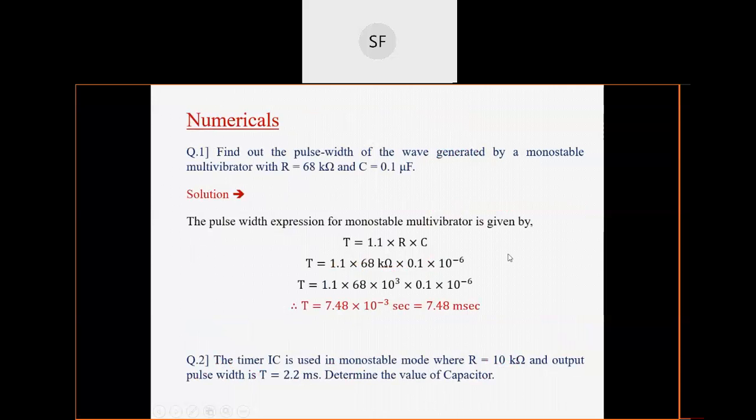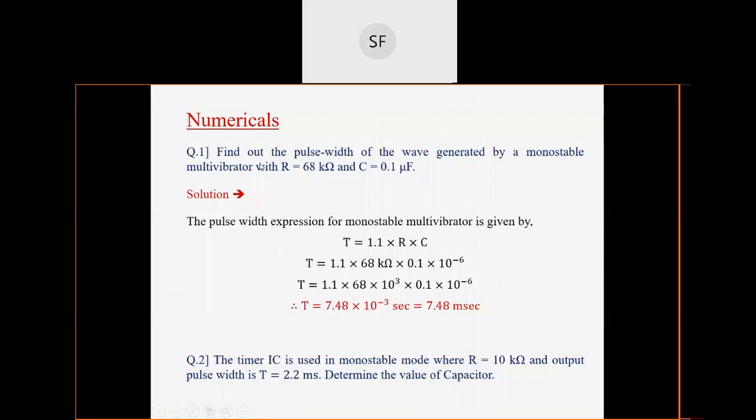Then we will start with our numericals. Today's discussion is basically about numericals. Since this is the first time this syllabus has been introduced, there is no guarantee what could be asked and what could not be. So we are just preparing for the numericals as well. Basic numericals we will see, and one design numerical will be there. All right. Just pay attention here, because at the end of this particular session I will forward this PPT to the WhatsApp group. So don't worry about this, just pay attention here.